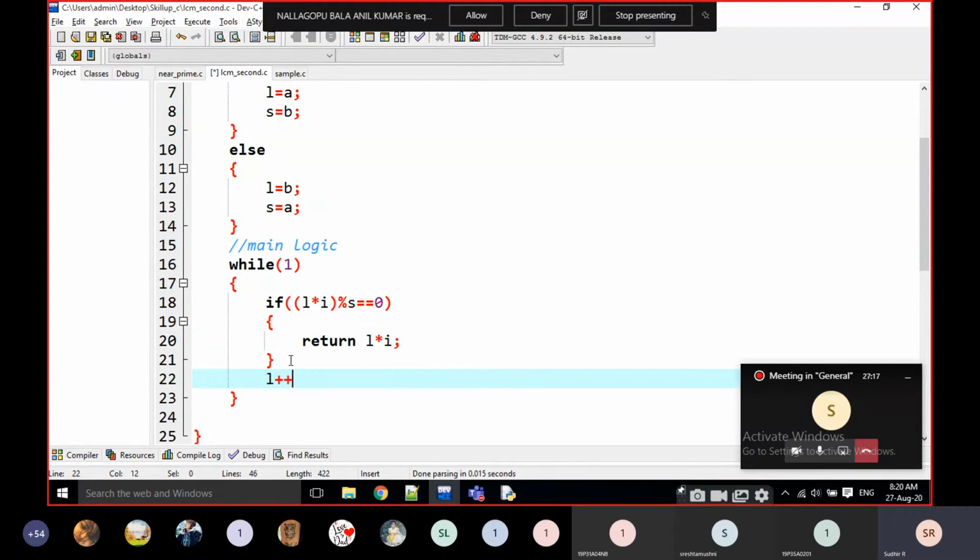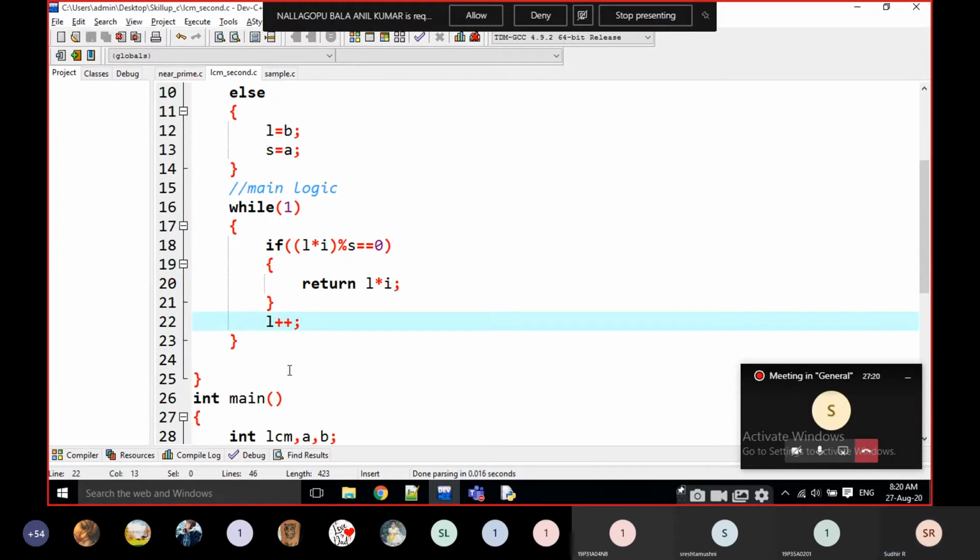Else, i plus plus. I am writing here: L into i mod S is equal to 0.